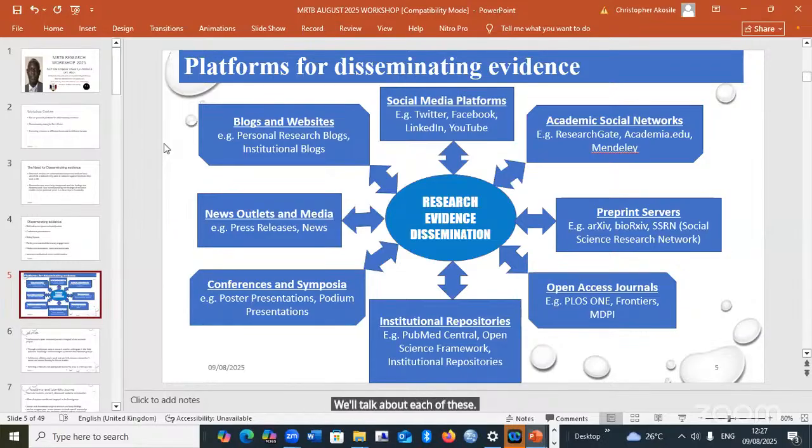We have the academic social networks, the social media platforms, the blogs and websites, and the news outlets and media, aside from institutional repositories and conferences and symposia. So these are, in a nutshell, the means available for us now to present our research evidence.